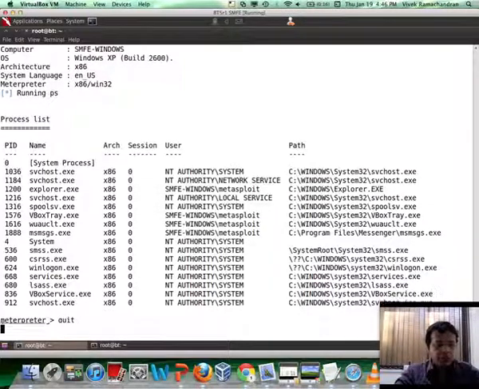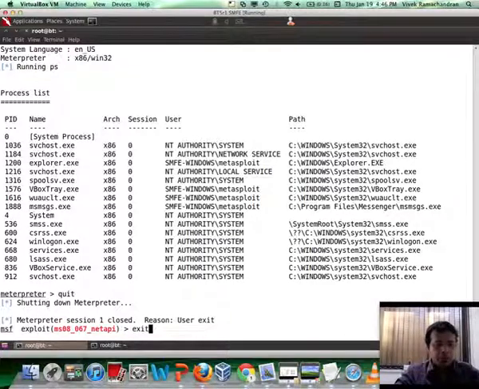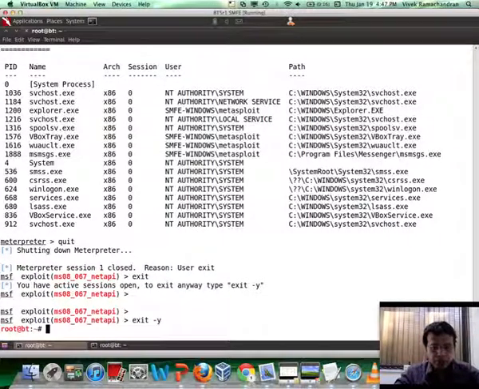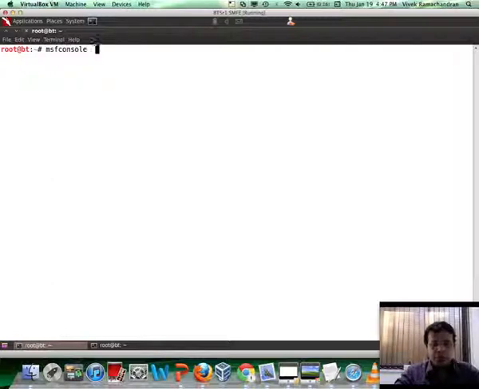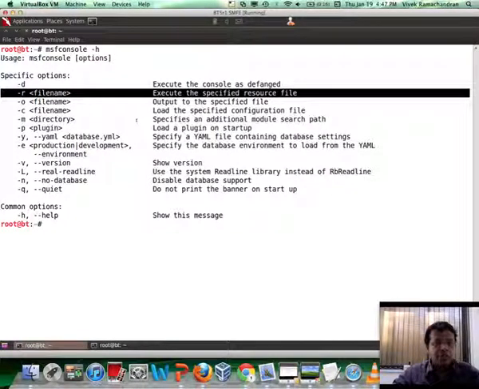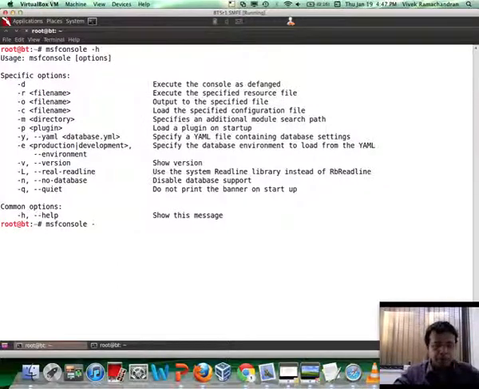Now, one of the other ways finally to load this whole thing is to use the -r option. We have a couple of things running, so you need to use exit -y. So in MSF console with the -h, what you would see is that we can specify a resource file. So let's do that. And the resource file we're going to specify is exploit_netapi.rc.